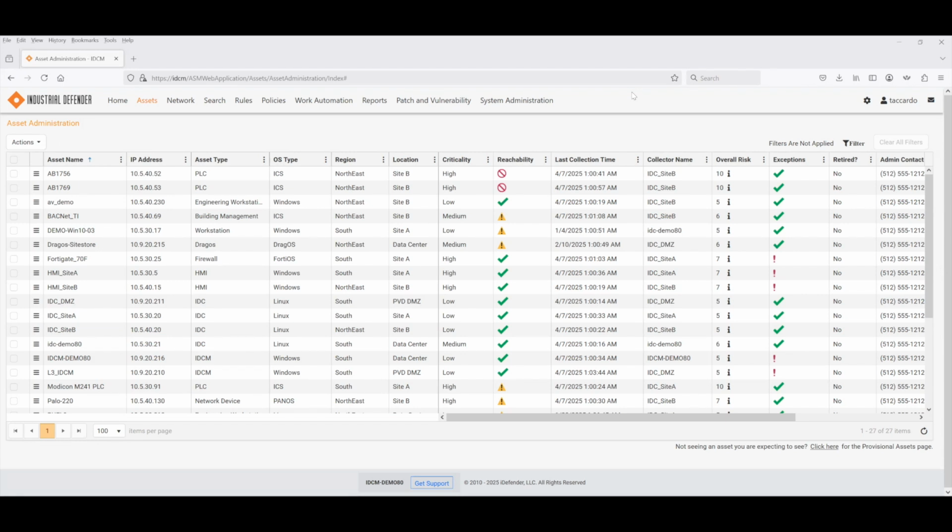The reason for this is you need a stable notion of assets, not only to effectively obtain and store the type of detailed configuration information we gather, but also to perform some of the higher level functions like baselining and policy adherence. Now, there's other ways to consider an asset inventory,